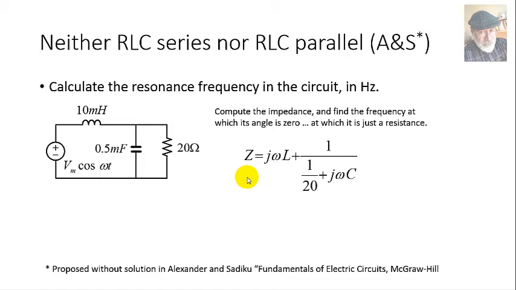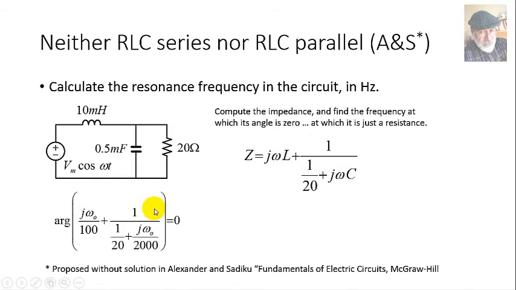That is the impedance seen by the source. You see, this is the impedance of the inductor j omega L in series with a parallel of 20 ohms and this capacitive impedance j omega C. Let's replace omega by omega naught that we're trying to find. Let's take the angle of that, the argument of that, equate that to 0, and that is the equation we need to solve for omega naught. We solve it, and we get that the resonant frequency is